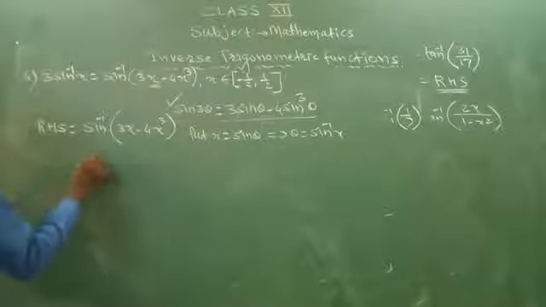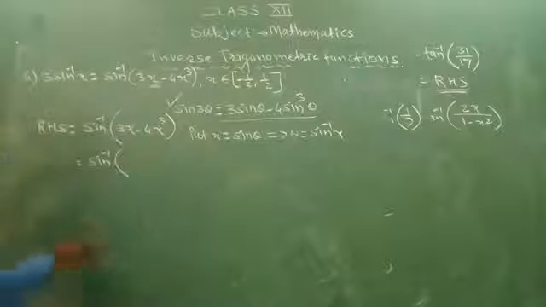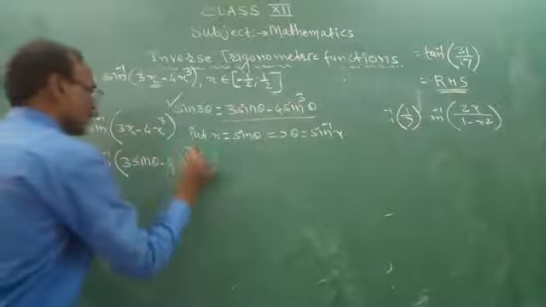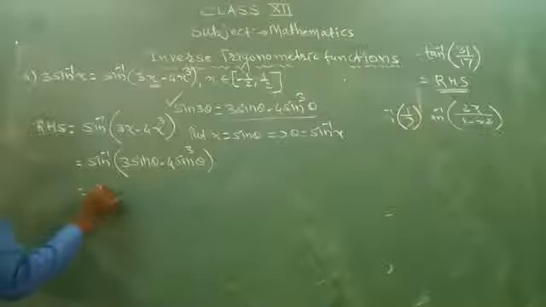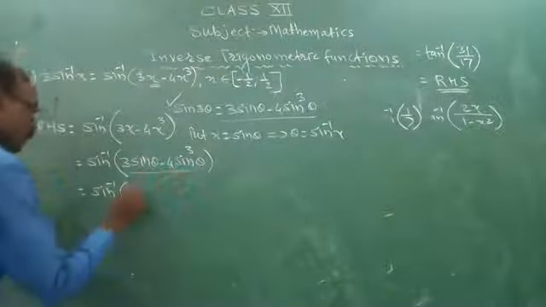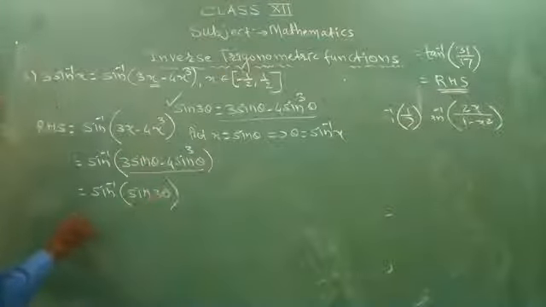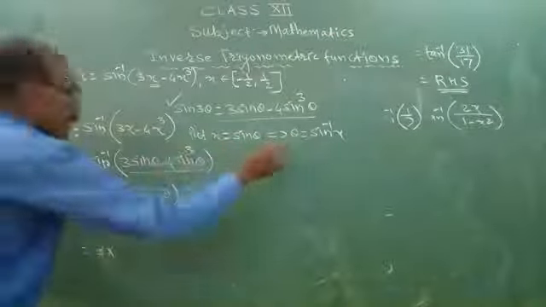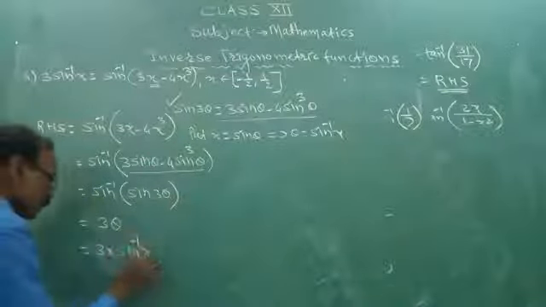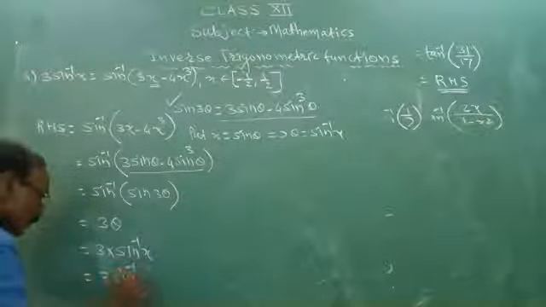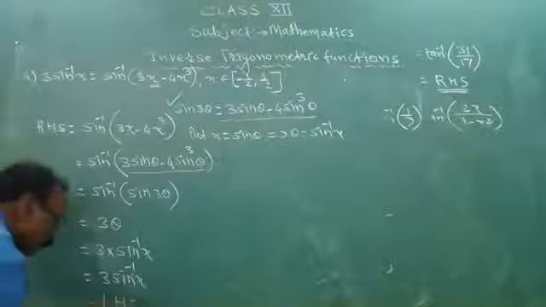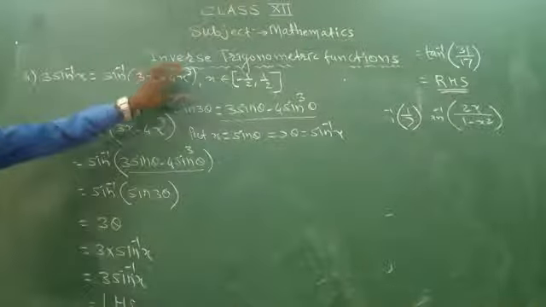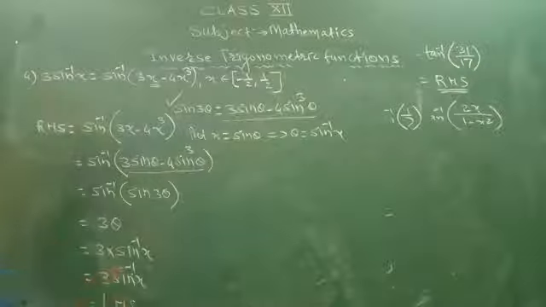So it is equal to sin inverse, putting x equal to sin theta, of 3 sin theta minus 4 sin cube theta. This is the formula of sin 3 theta. So it is sin inverse of sin 3 theta, that is 3 theta, and theta is sin inverse x, so it equals 3 sin inverse x, that is the left hand side. Okay, so I have taken the right hand side and proved that it is equal to the left hand side, 3 sin inverse x. Okay.